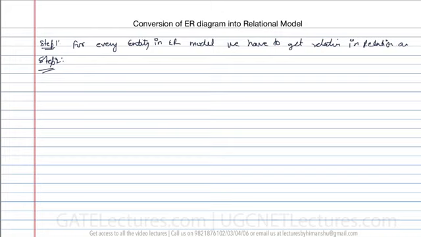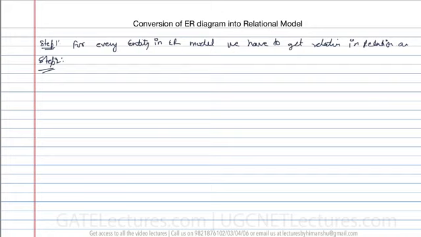Now if you have a relationship, you can easily follow the steps. For a relationship, you have to see whether it has total participation or what kind of relationship it is. If there is total participation on one side, you can add the attributes of that relationship into that side only. This is the way you can convert a one to many, one to one, many to one, and many to many relationship. We have already discussed all of them.